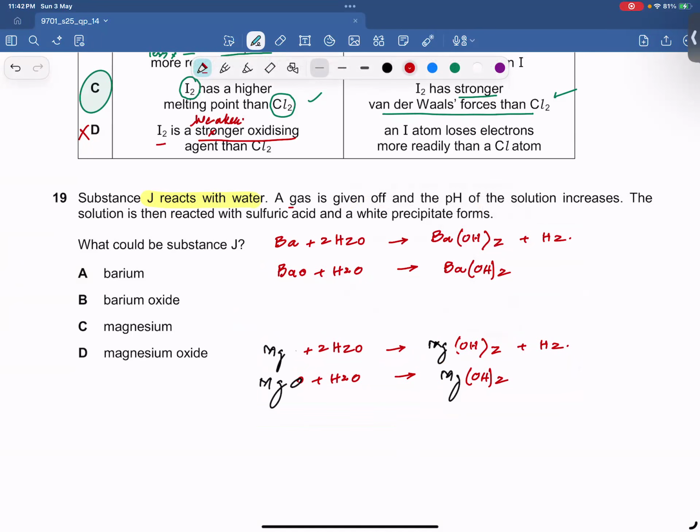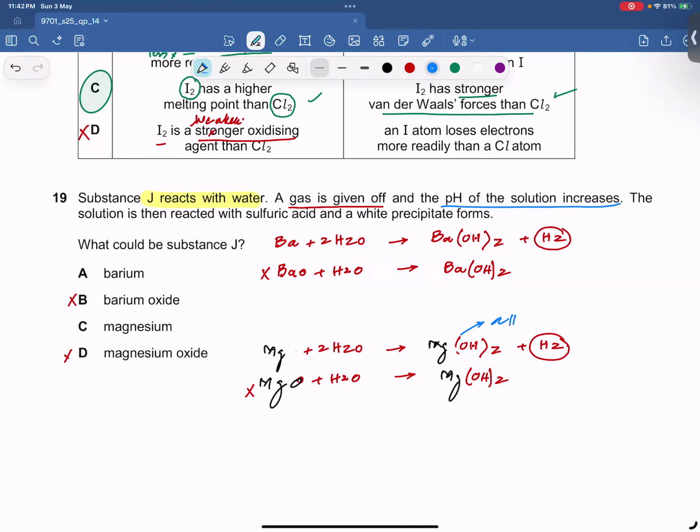A gas is given off. So gas is given off with barium and gas is given off with magnesium. इसका मतलब barium oxide and magnesium oxide is incorrect option because gas तो मिल नहीं रही उससे. And the pH of the solution increases. Obviously,